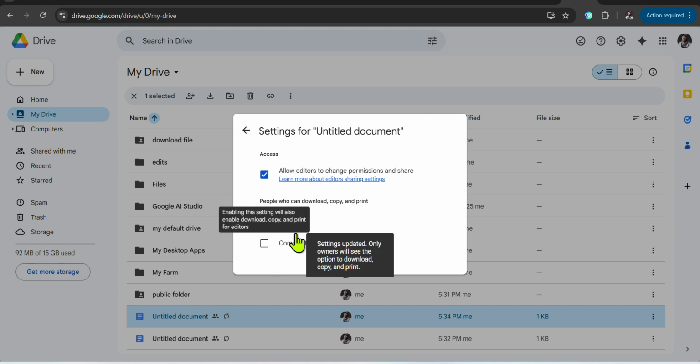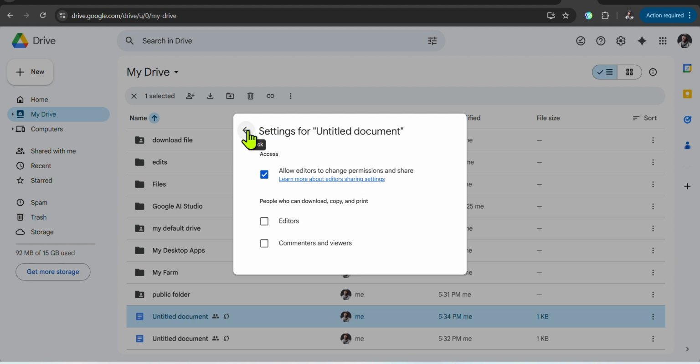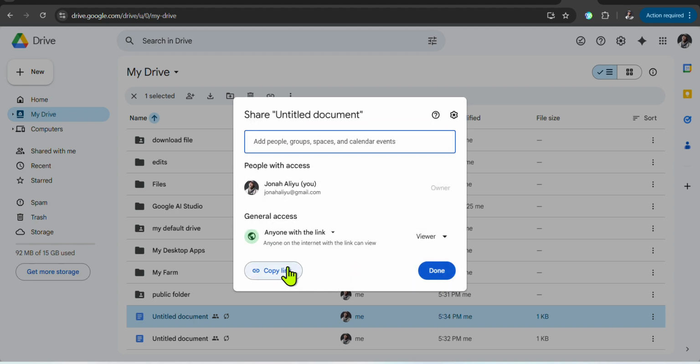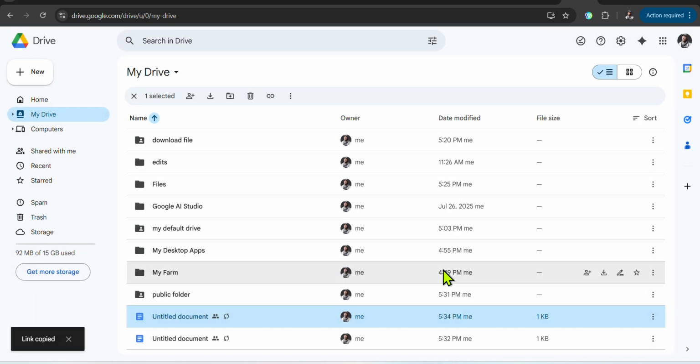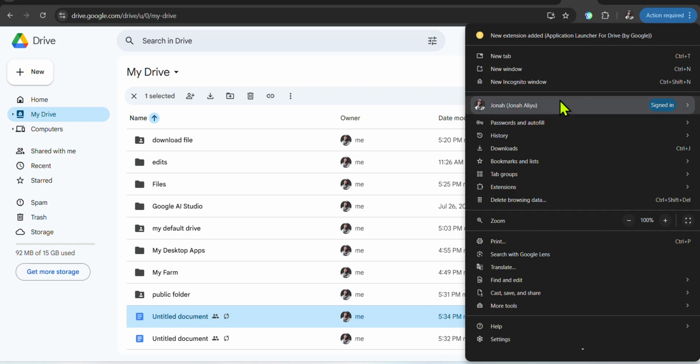After you uncheck all this edit and comment, and then you click on this back arrow. So now you copy the link and go to done. After you finish that, now you go and share the link with the person that you want to share to. And then if the person now opens the link like this one, I'll right click on this, go to